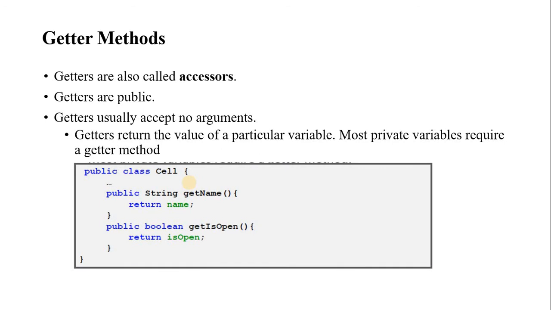Now the important thing is, if you are going to have a private variable, how are we going to access it? So if some variables are declared in the class as private, then how can the variable be accessed? It can be accessed through the getter method and setter method. So getter is nothing but an accessor, able to get the value. All the getter methods are public. So these methods get the value of any private variable that is declared in the class. The getter method will not have any argument because it is going to return the value.